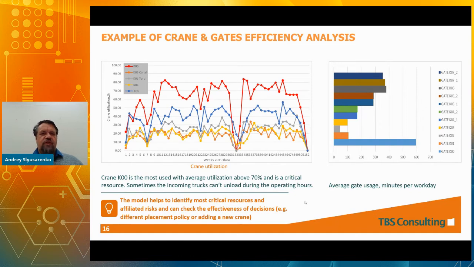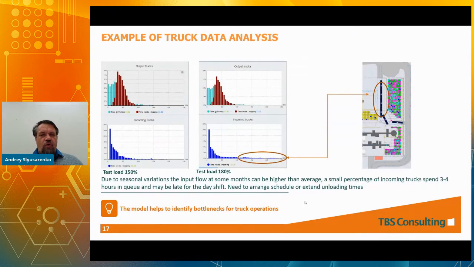And for example, we can understand that one of the cranes will have high average utilization and peak utilization during some hours of the day. So we need to plan carefully the arrival procedure. Or we can note that there is a rare but long tail in the distribution.